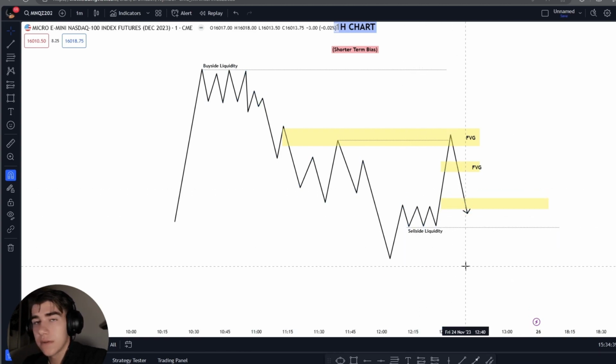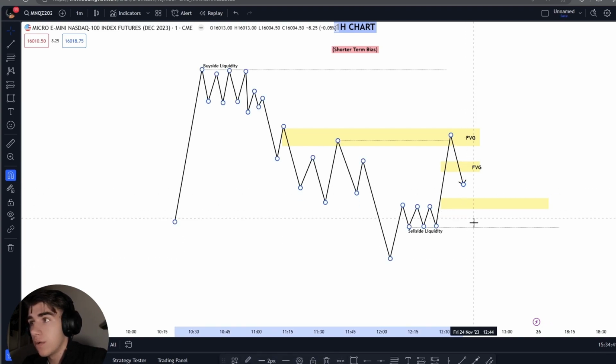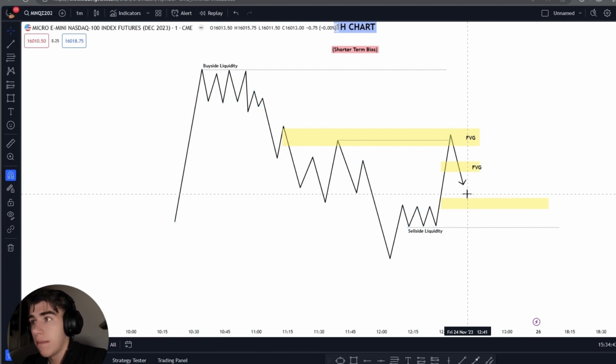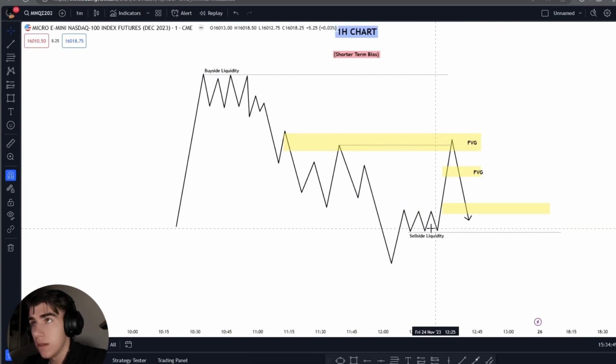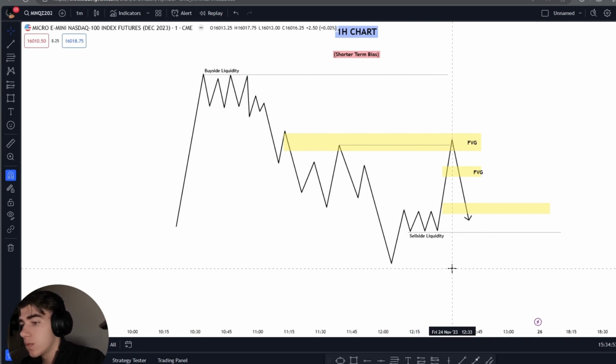A closure below this, right? So what would I do if I look for shorts right here? My target would be this PD array, right? If we close below here, my target would now be these lows, right? So it's all about what PD arrays are we respecting, which ones are we violating, and you must take all